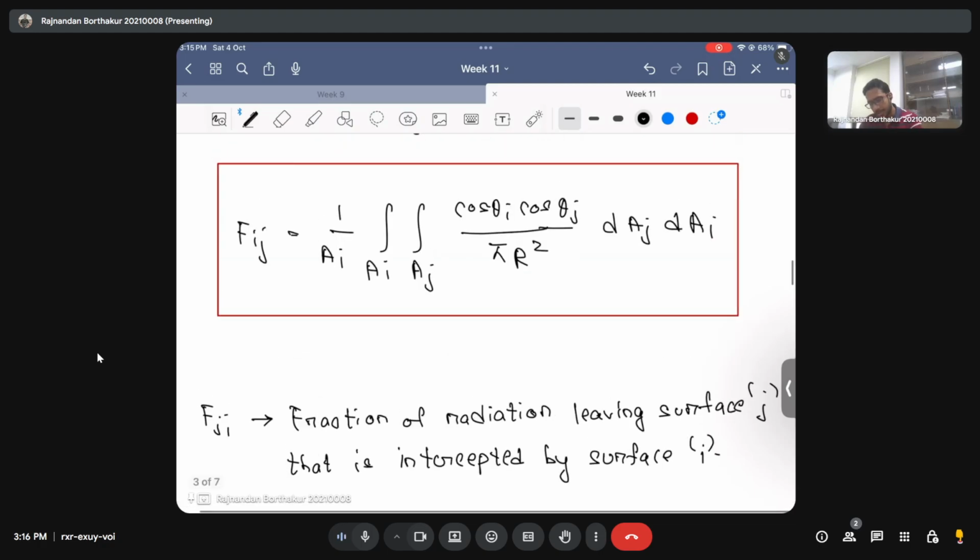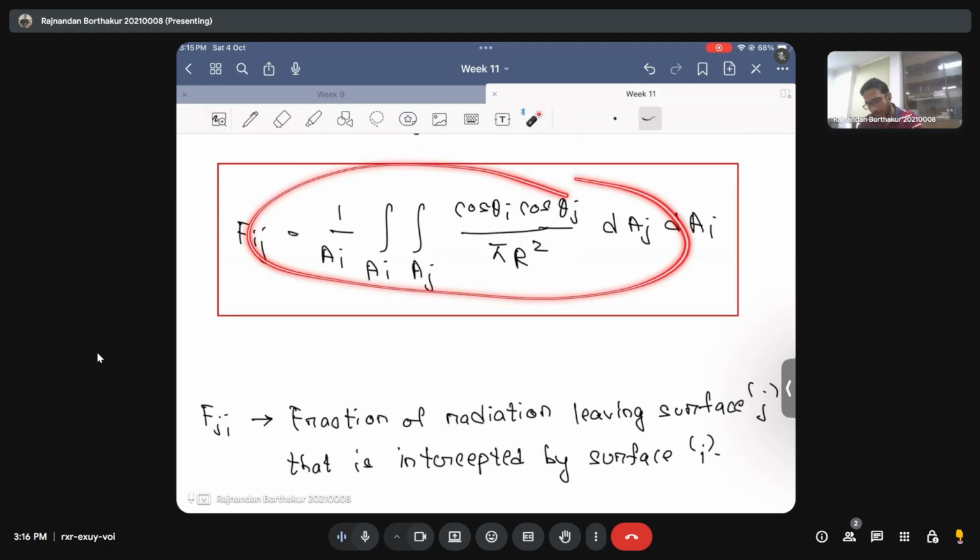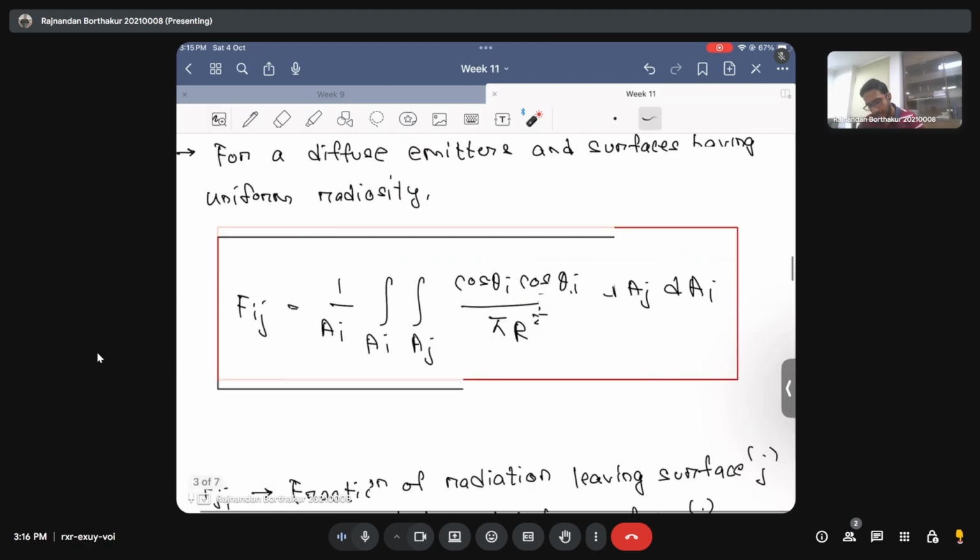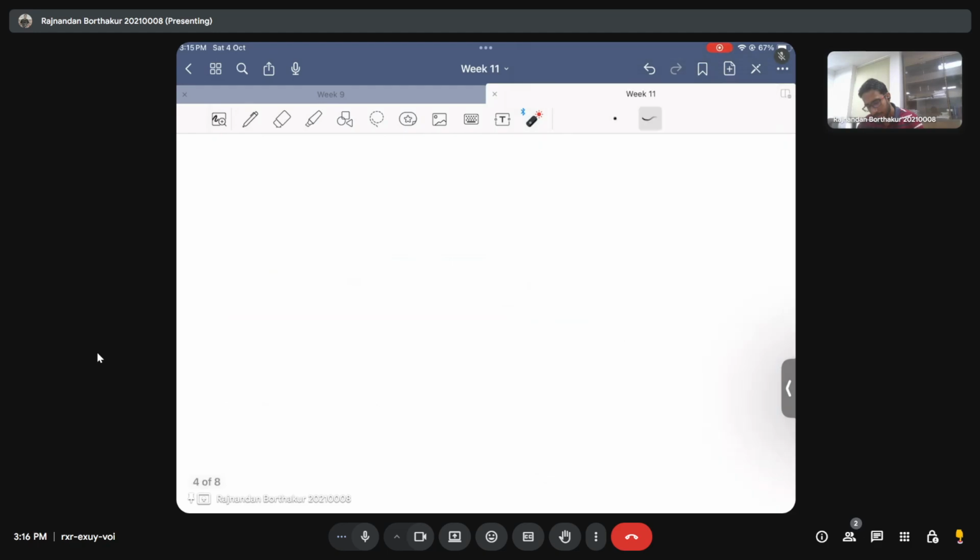And using the same analogy as we have written for Fij,